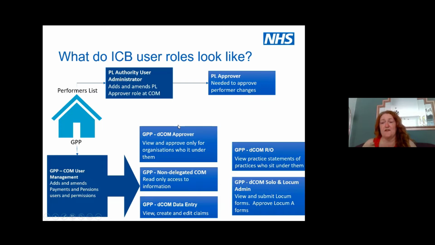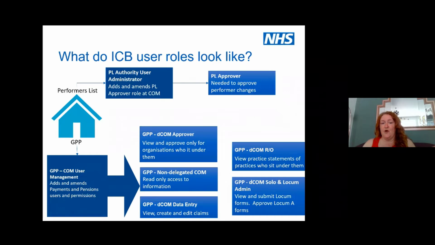Now you need that role in order to approve performer management changes as they come in from performers. They submit a performer management change. If it's a partner, a principal performer, that will come up to the ICB to be approved. The only person who can give that role out to anyone in the ICB is somebody with the role PL Authority User Administrator. I will mention at this point that you can have 4 of each user administrator within the